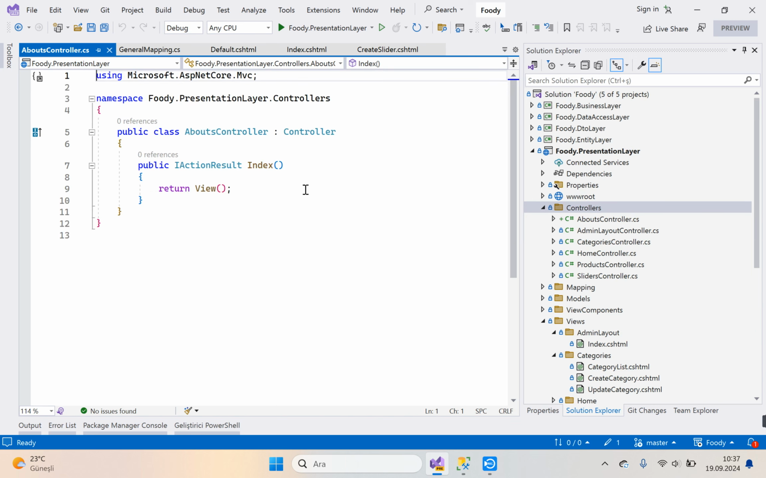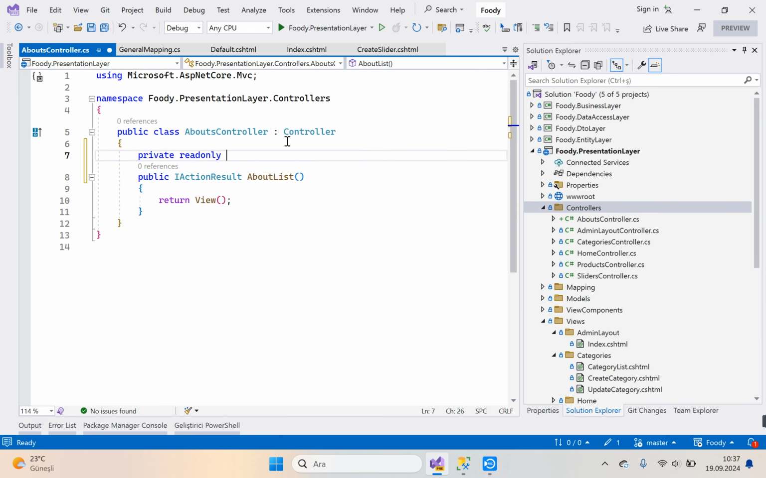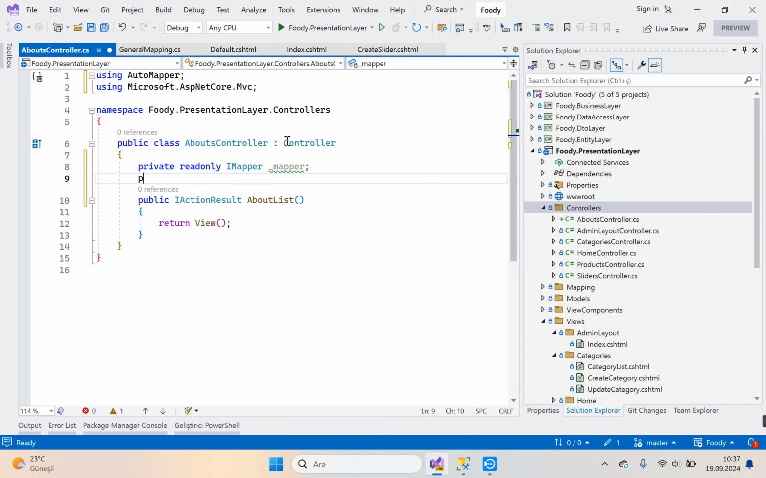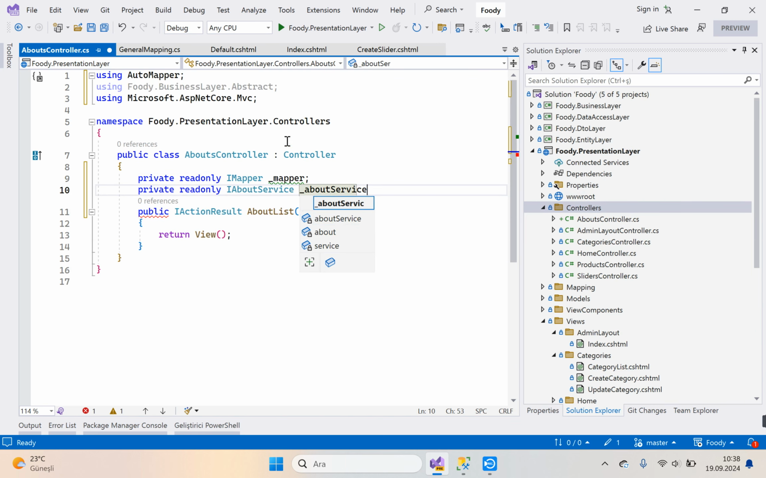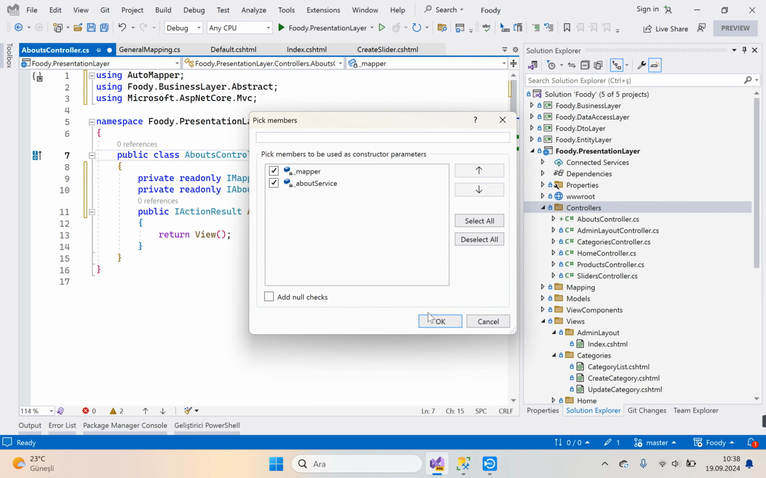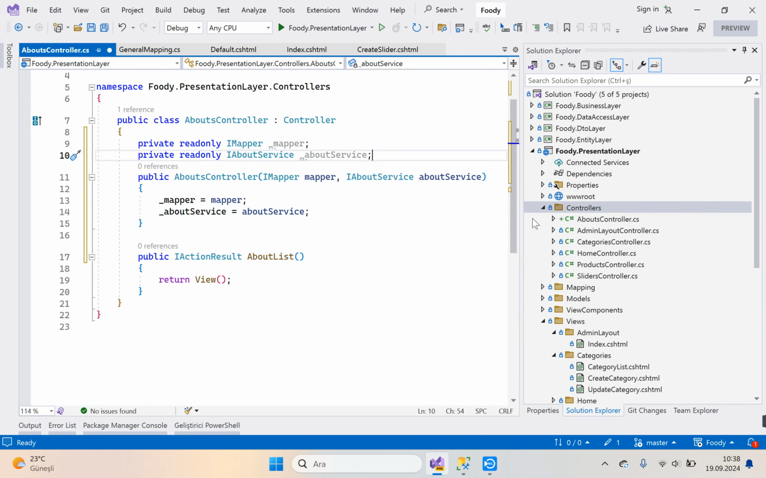We need about list, public action result about list. Private readonly IMapper _mapper, and private readonly IAboutService _aboutService. Okay, we need a constructor method on class: Control dot, generate constructor. Our constructor methods are ready. Good. About list, we can